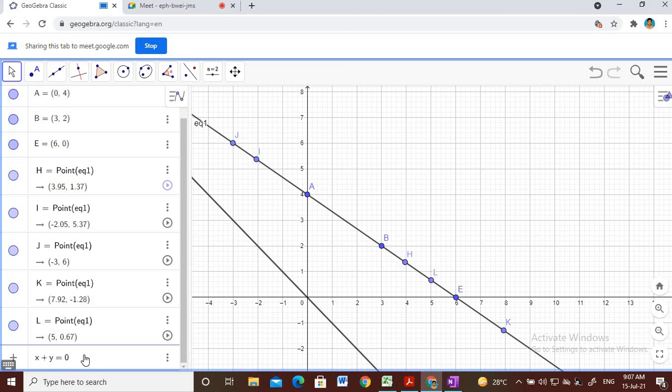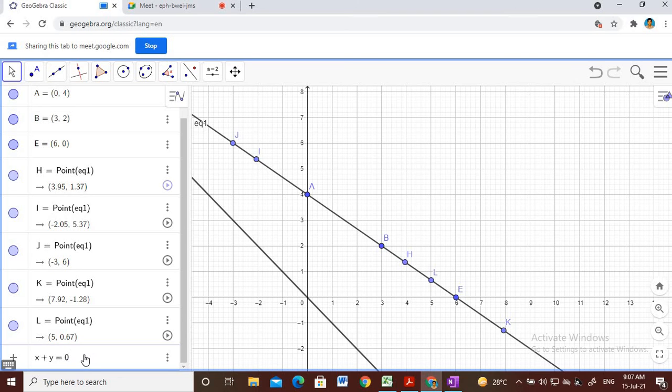At that time you have to take some different point. Generally you always take x equal to 0 and find the y value, y equal to 0 and find the x value. But for this kind of equations, which are passing through the origin, you can't take those two situations. That means x equal to 0, y equal to 0 is not accepted. So for this kind of situation, you have to take some different point. Let us take x equal to 2, y value something.